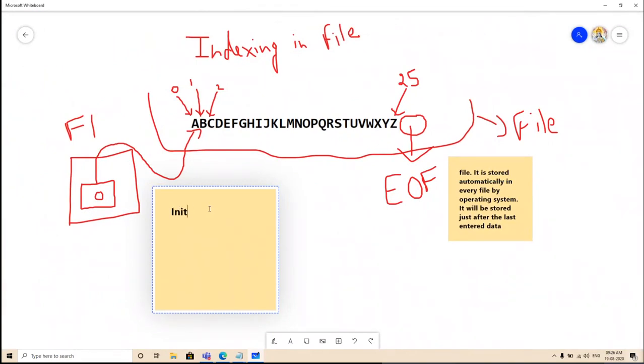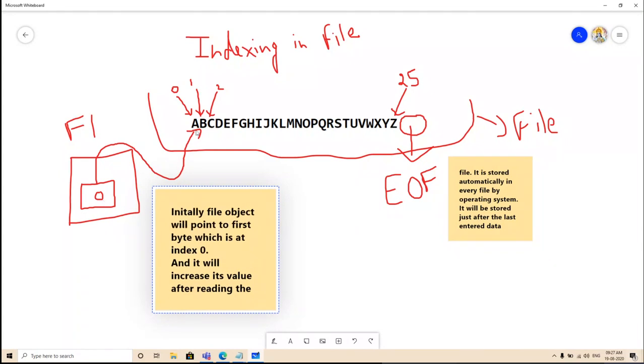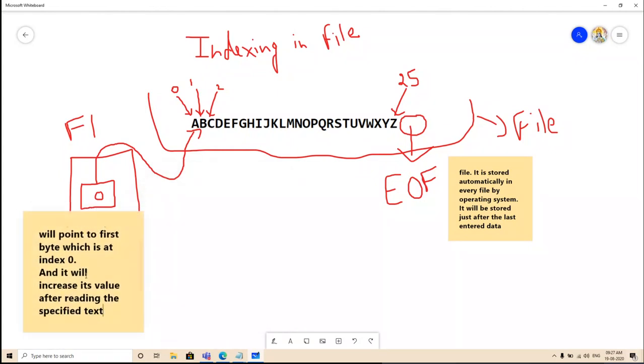Initially, file object will point to first byte, which is at index 0, and it will increase its value after reading the specified text.